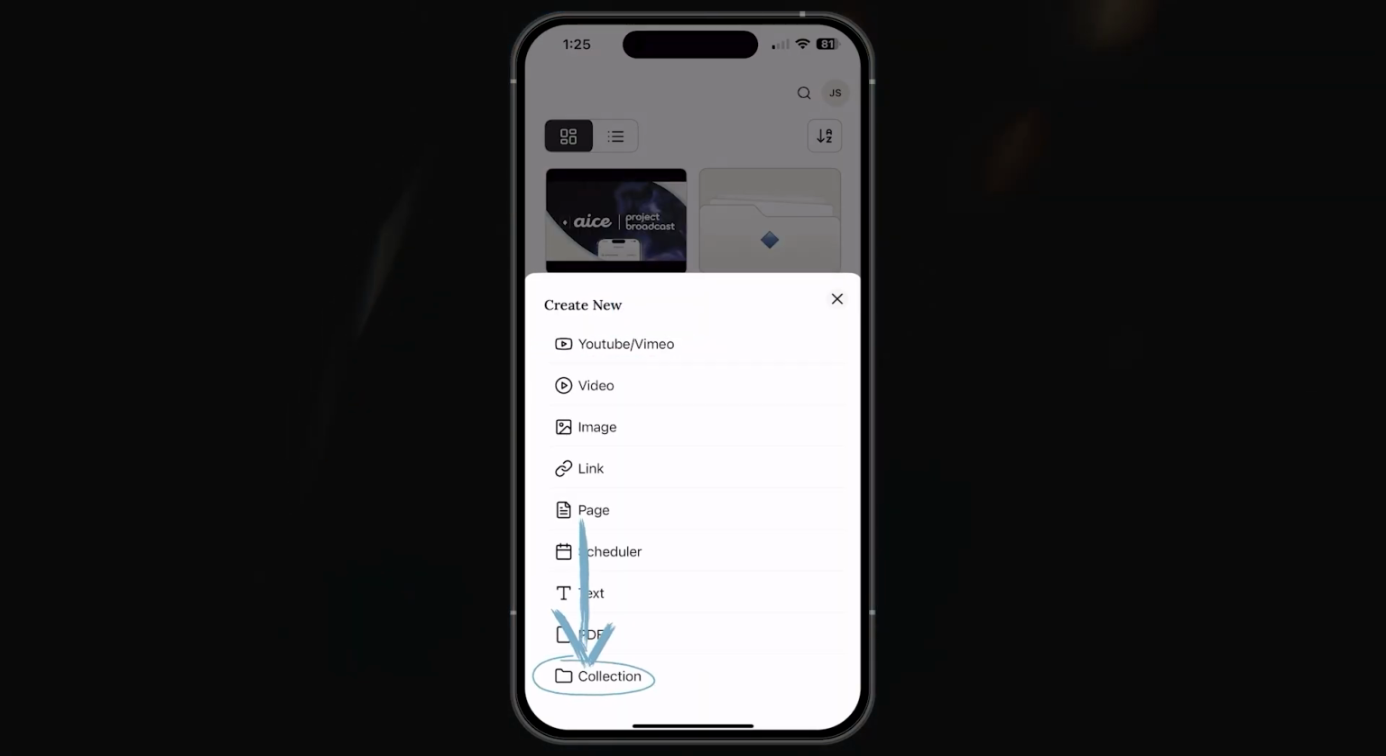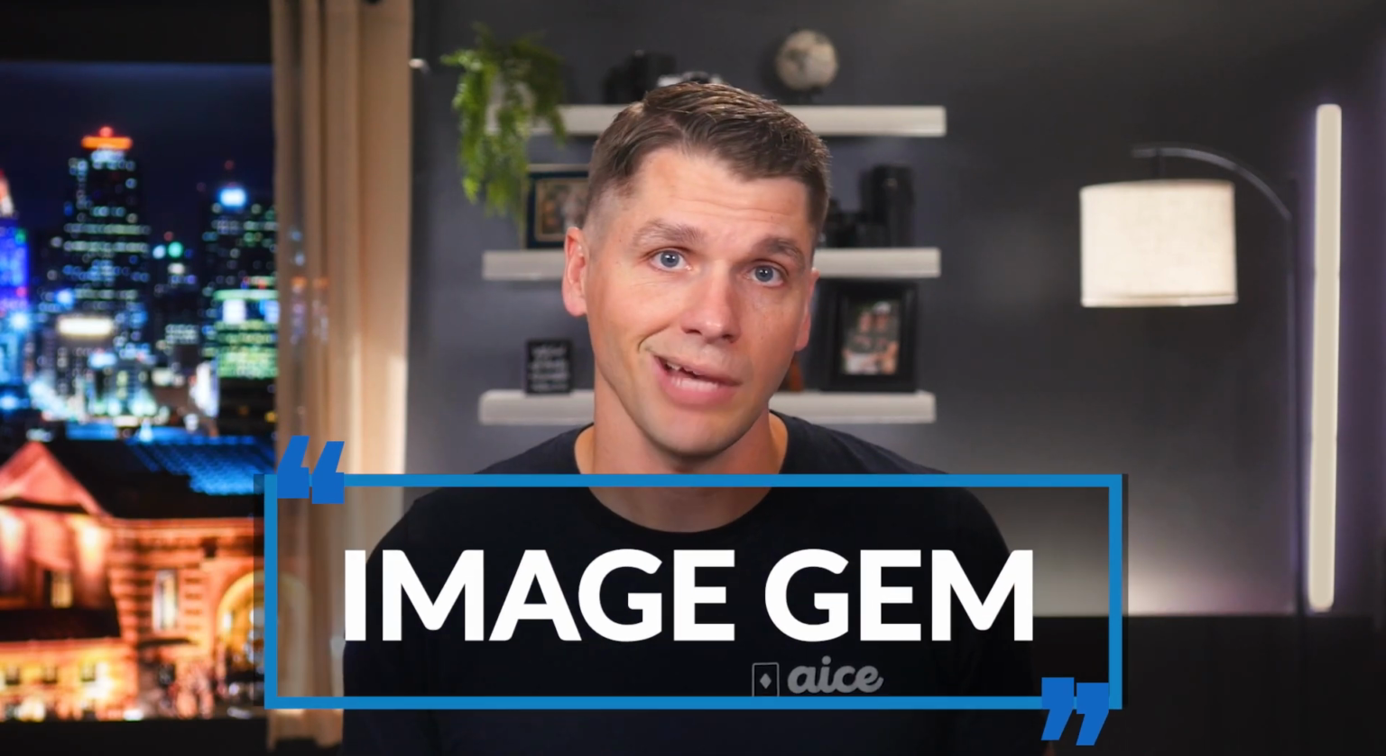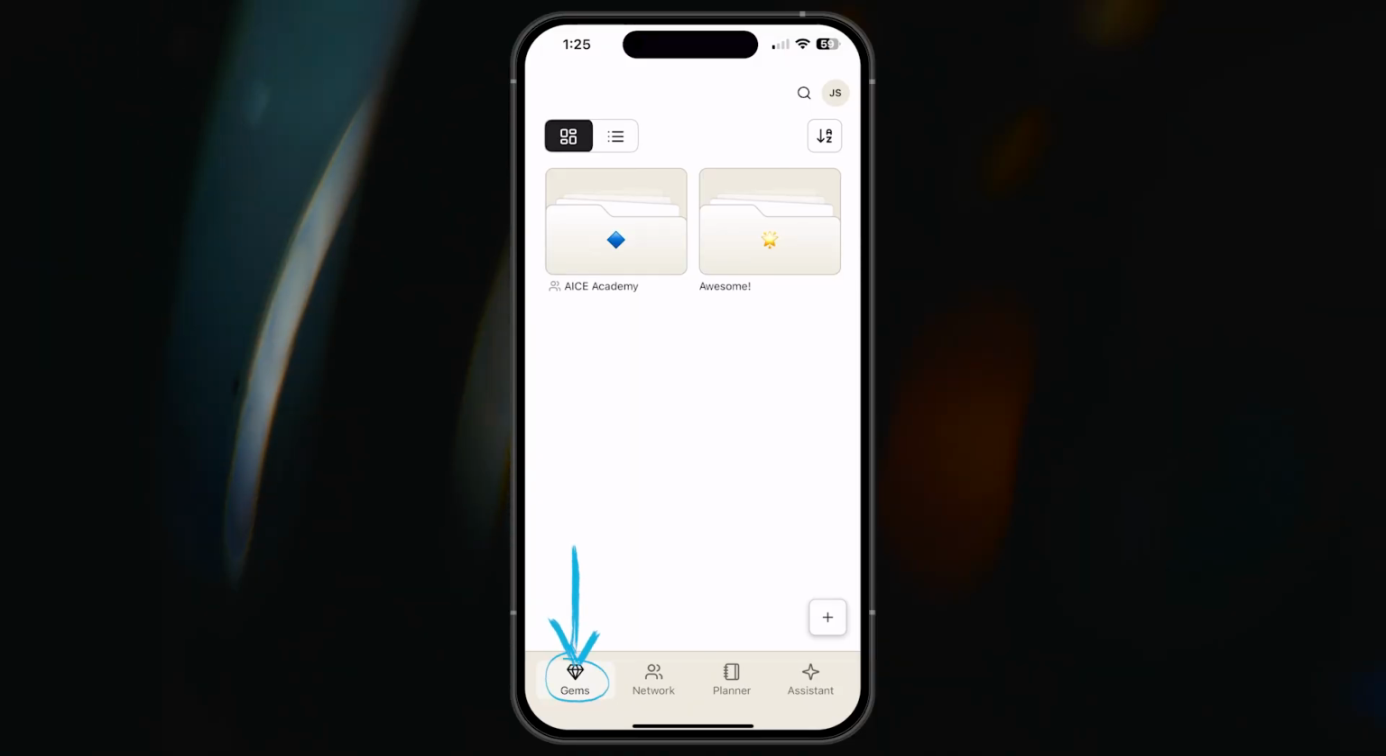In the last video, we created a YouTube gem and our first collection. Today, we will create another kind of AiCE gem, an image gem. Uploading an image from your phone to your AiCE app is as simple as navigating to Gems and tapping this